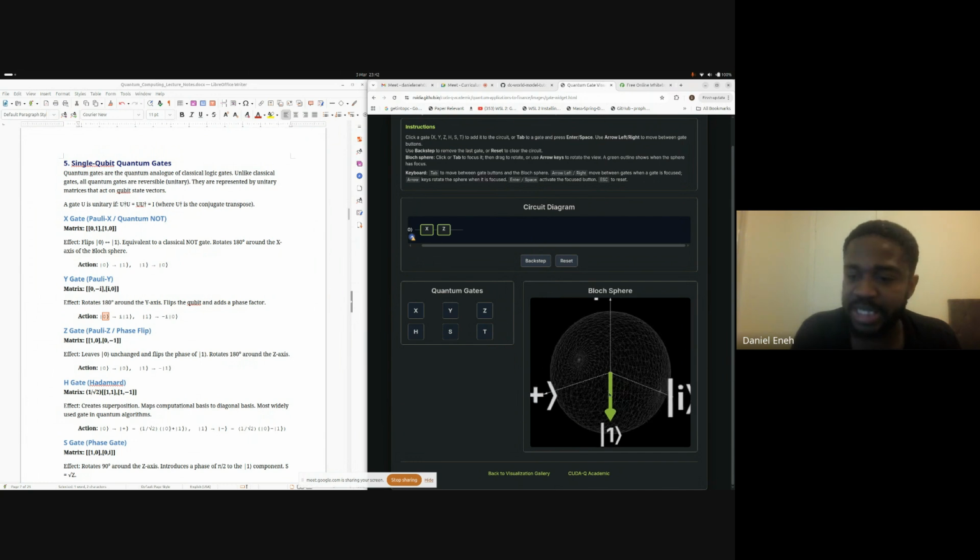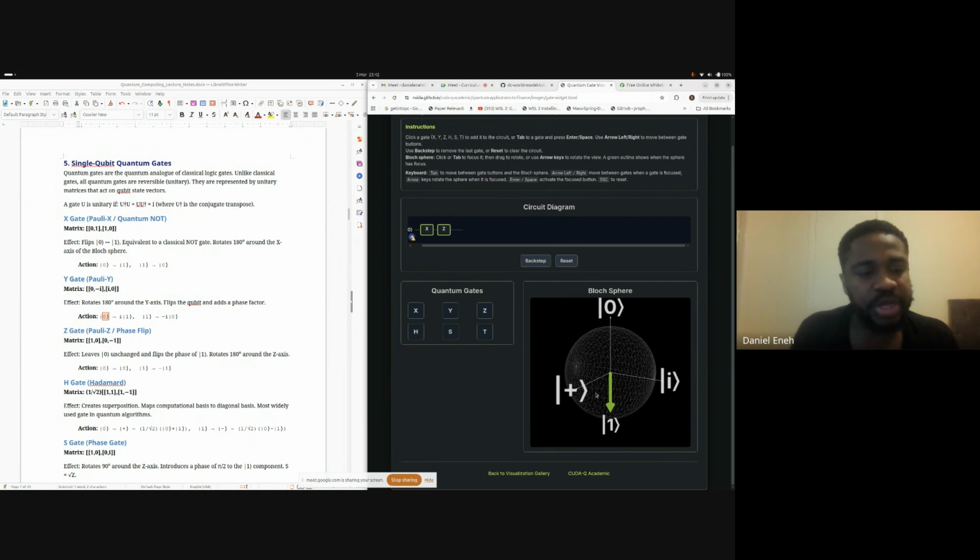So that minus, like I said, the phases don't really show in the Bloch sphere. You won't really notice it because it's showing you the phase factor, but the magnitude is the same, while the phase is actually different. So it's -1. But if I reset now and just put Z, it will remain unchanged. So thank God you're following up. So then let's now see the H gate.